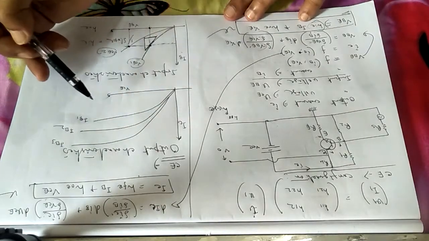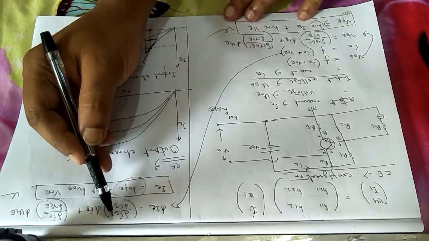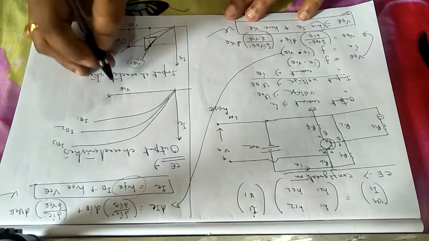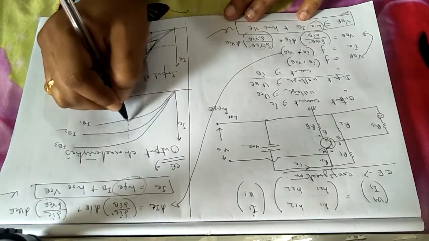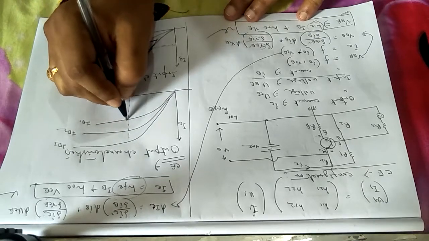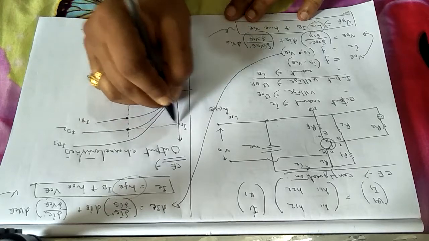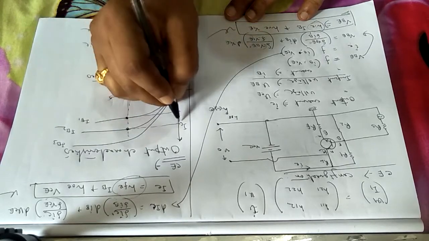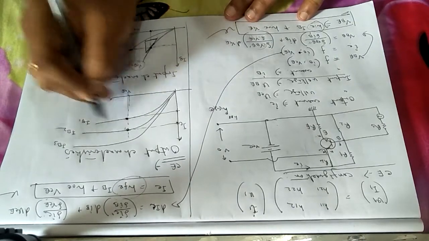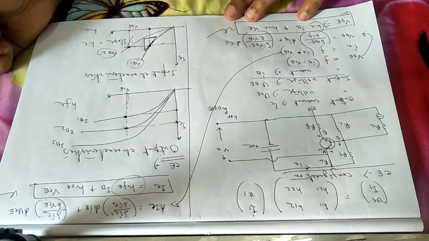Similarly, if you come to the output characteristics, look at HFE. HFE gives you the value of IC by IB when the other parameter, that is VCE, equals a constant. How can we keep VCE constant? Draw one vertical line. On that particular vertical line, all the values of VCE are constant. Now it intersects the IB1 curve here and the IB2 curve here. Check the corresponding values of IC. These two values give you the change in IC for the change between IB1 and IB2. Take the ratio, that will give you the value of HFE.